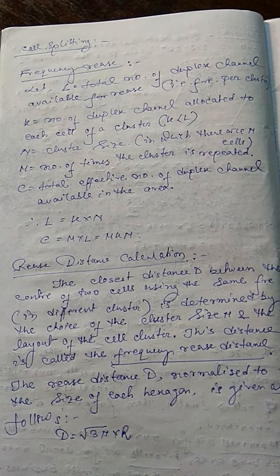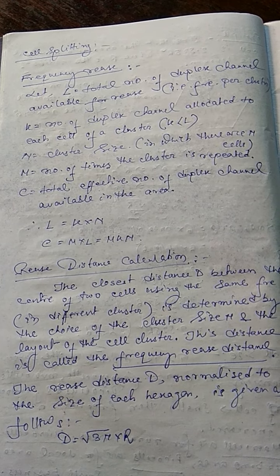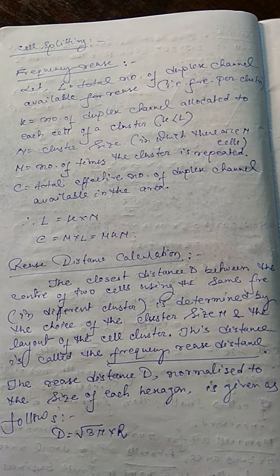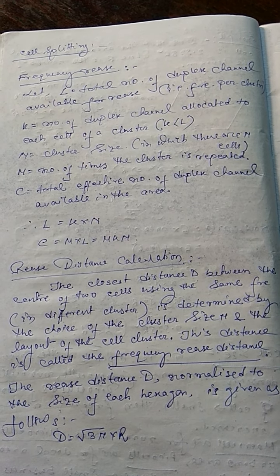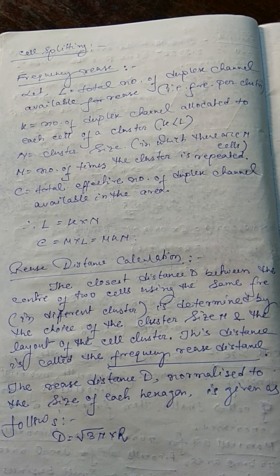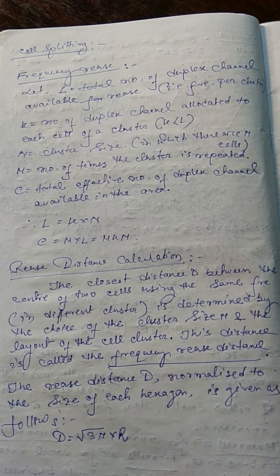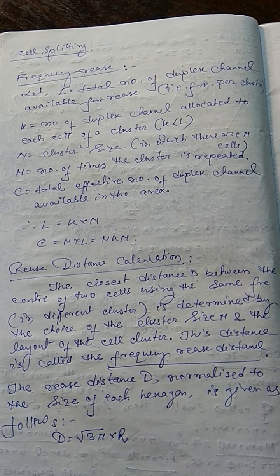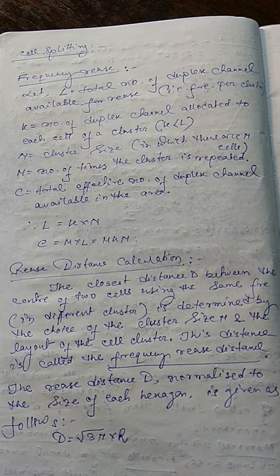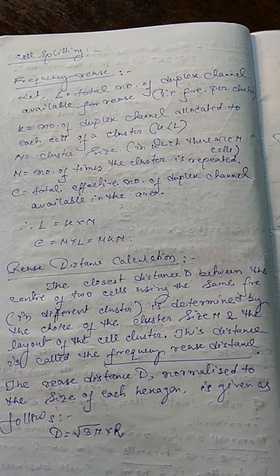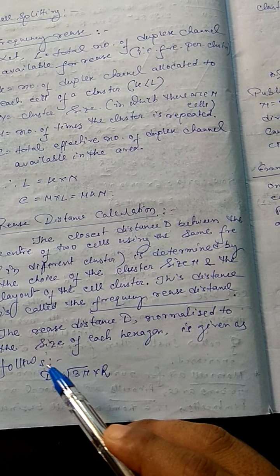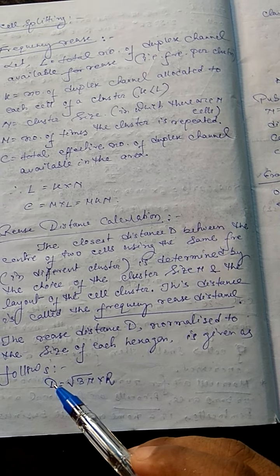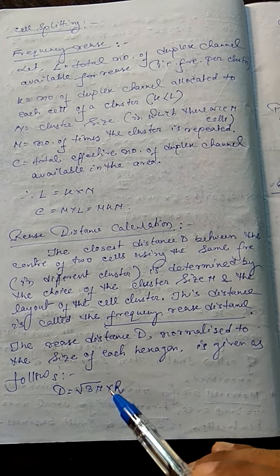As per the definition, the frequency reuse distance means the closest distance D between the centers of two cells using the same frequency but in different clusters, determined by the choice of the cluster size N and the layout of the cell cluster. This distance is called the frequency reuse distance, mathematically expressed as D equals root 3N into R, where D is the frequency reuse distance, N is the cluster size and